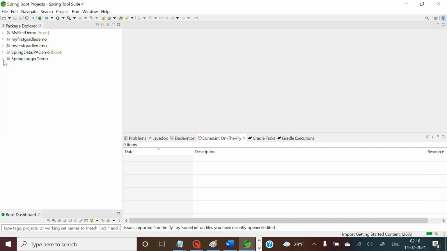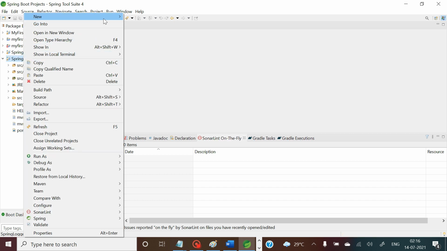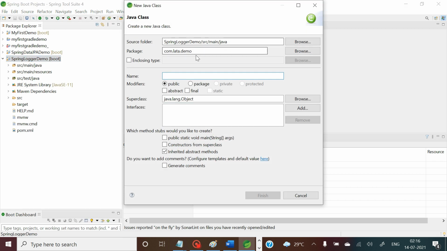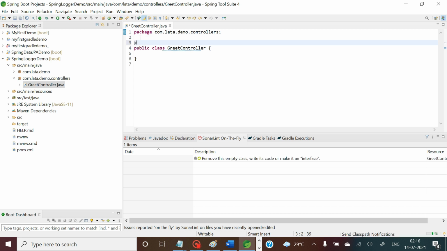With this I have created this project, and to make it a REST application I'm going to create a controller. Let's say this is GreetController. To make it a controller, I will have to use the RestController annotation, and I'll have to give a handler method.